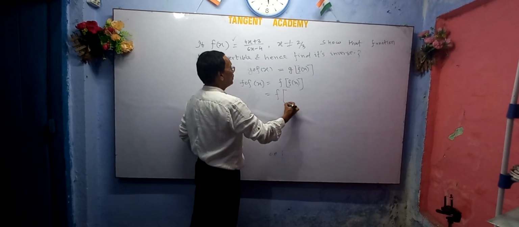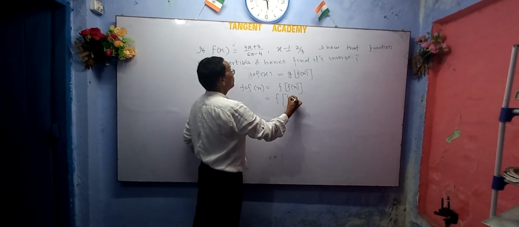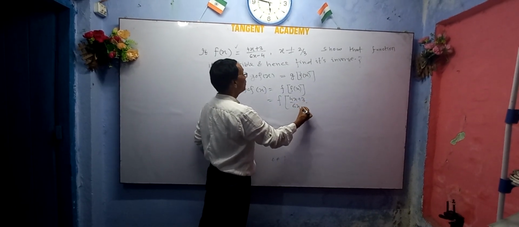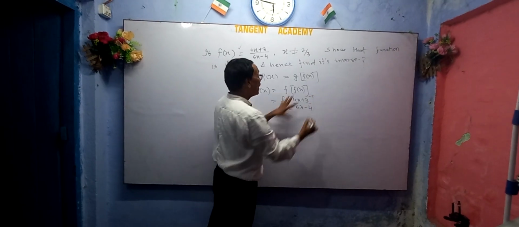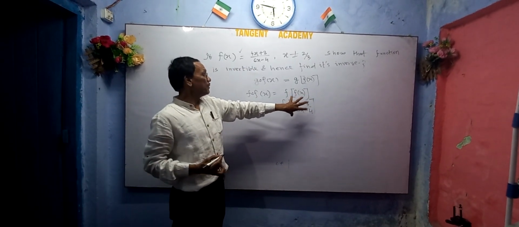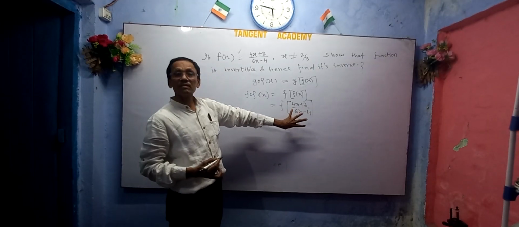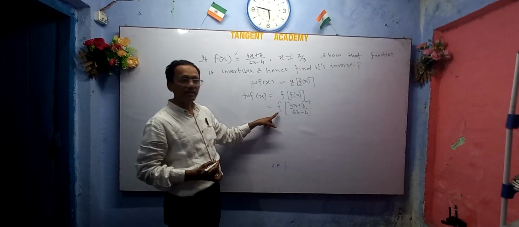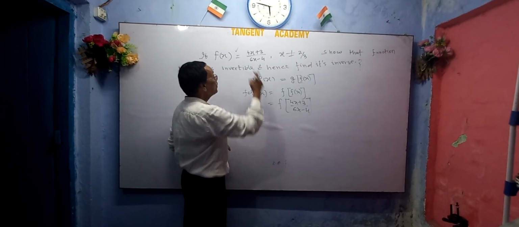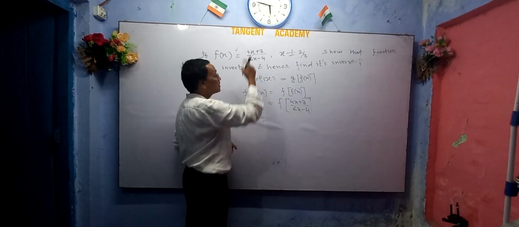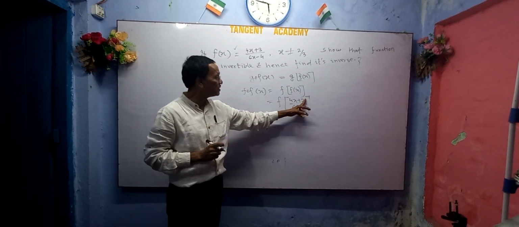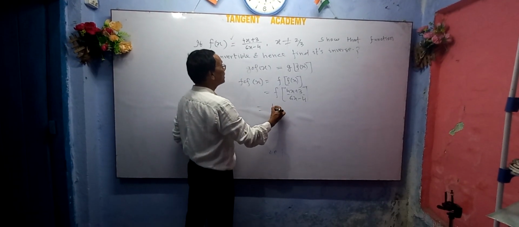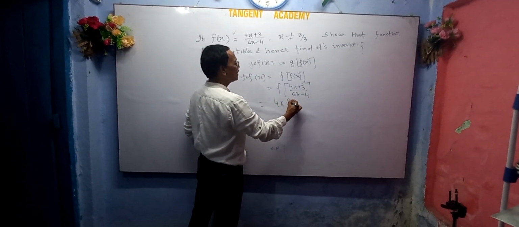This value will act as the point, and again f will be applied to this function. What is f? 4 into the point, that is x will be replaced by (4x plus 3) divided by (6x minus 4). So we can write this function as 4 into (4x plus 3)